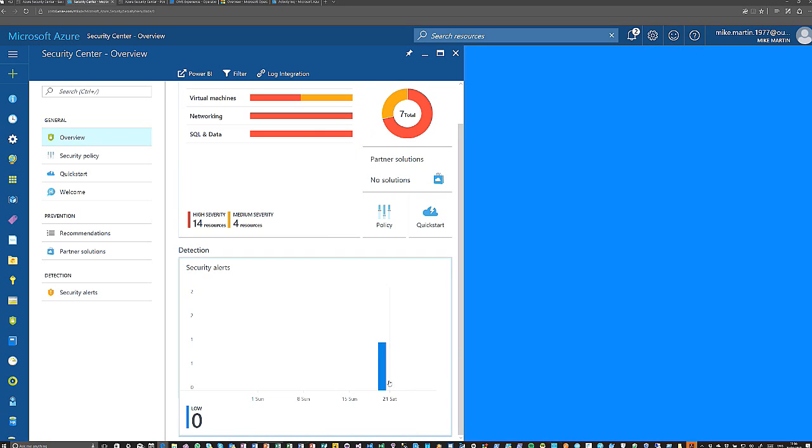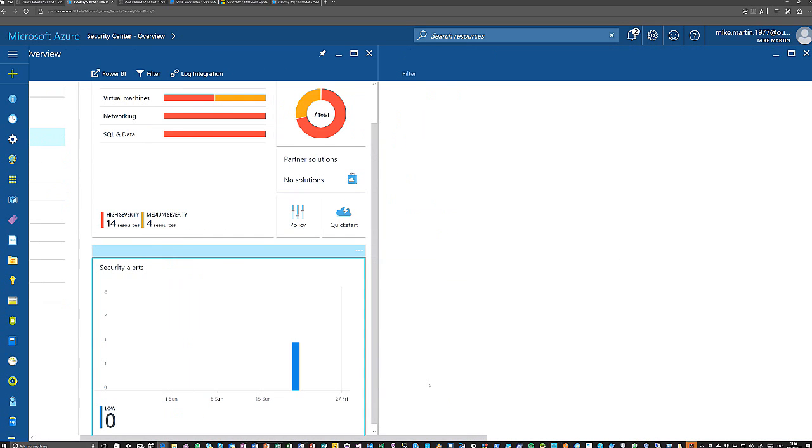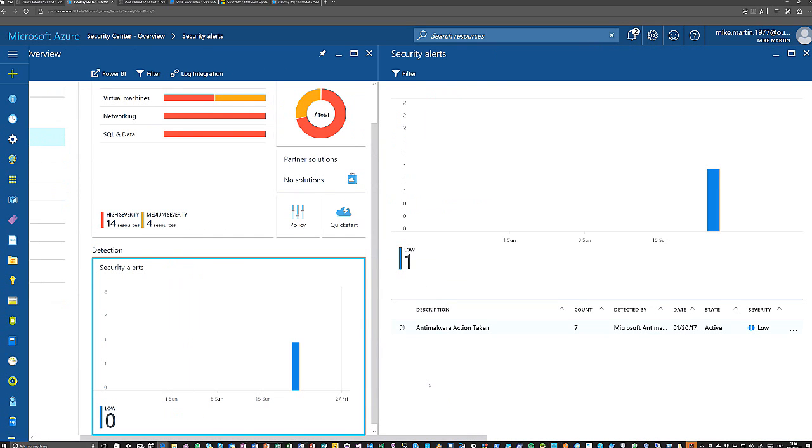Now, I've been playing this morning with some fake virus signatures. You can use an EICAR file or something like that. For those who don't know, this is just a signature file that you create as a small COM file, and it will be automatically picked up as a virus. I'm just going to demonstrate what I did here.